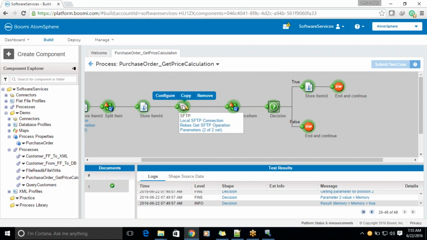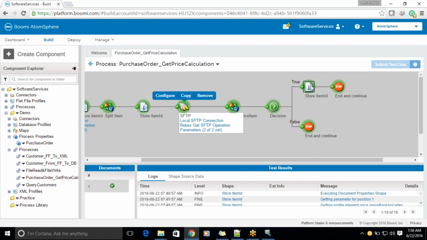Can't we read a file one time and load it to the cache, and then do lookups in the cache each and every time, instead of looking up in the file content here? All these three activities, SFTP connector, data process, decision, everything will be replaced in one step called caching. That I'll show you in the later part. So now, as of now, we are able to get the